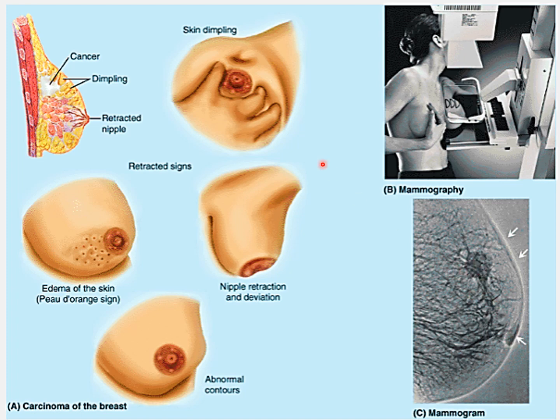So whenever there is a cancer in the breast tissue, what will happen? Skin depression will be present. So you can see that the skin of the breast has a depression, which is known as skin dimpling. Why does this occur? Because of the presence of the cancer cells, and they also involve the suspensory ligaments of Cooper. So because of the fibrosis of the ligaments of Cooper, because of the cancer, the dimpling occurs.